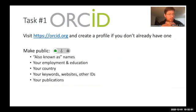Your AKA names, your also known as names, or your aliases. If your name has appeared in publications with abbreviations, it'd be great if you could put those in your AKA names. If you remarried, changed your name, or you changed your name for whatever other reason, please also put that in your also known as names. Your employment and education, your country, keywords, websites, other identifiers, and if you're ambitious, you could start linking some of your publications if you've not yet done so. Some of that information will get drawn immediately into Bionomia. So your AKA names and your employment and education and your country will get drawn into Bionomia and used,